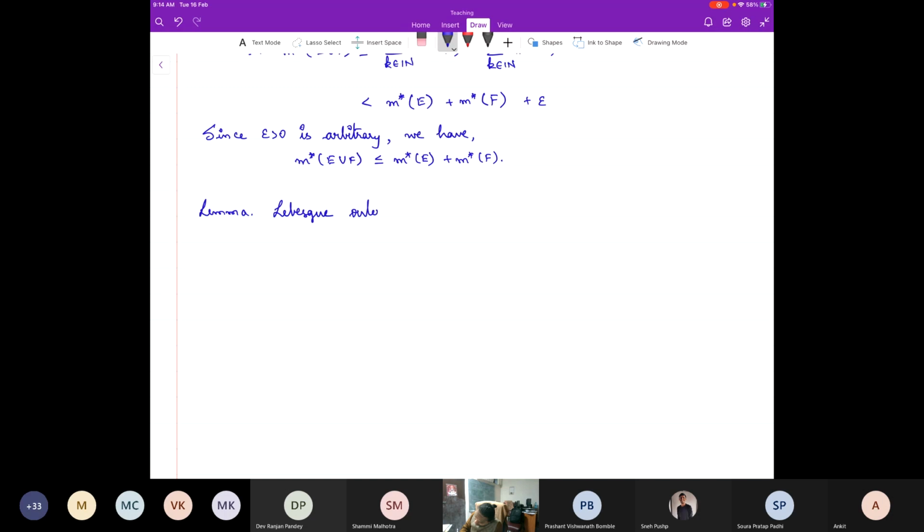Lebesgue outer measure is countably subadditive. That is, if